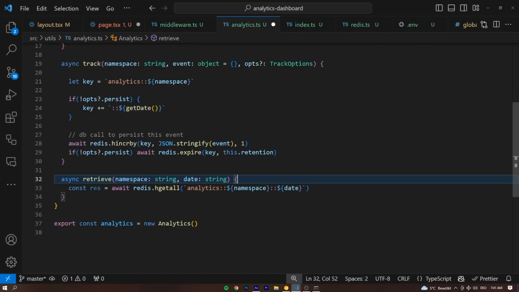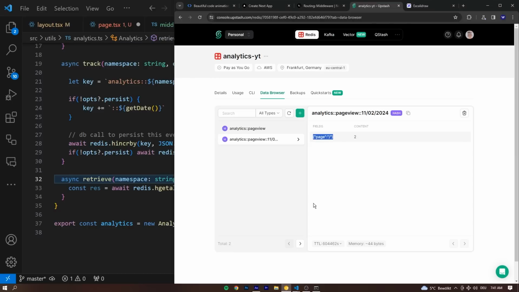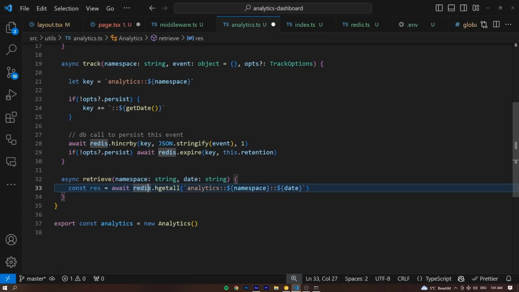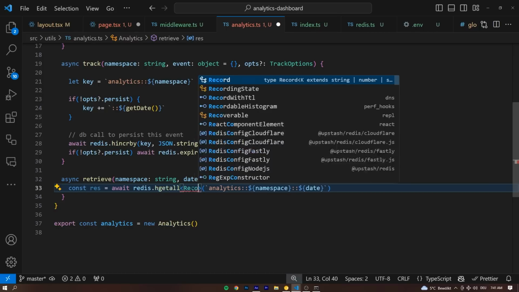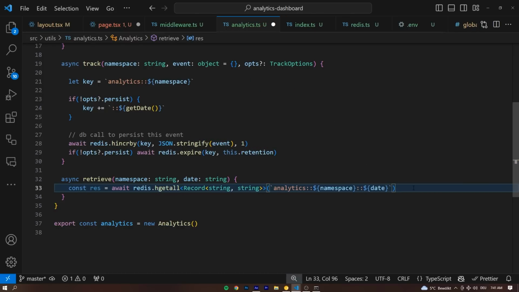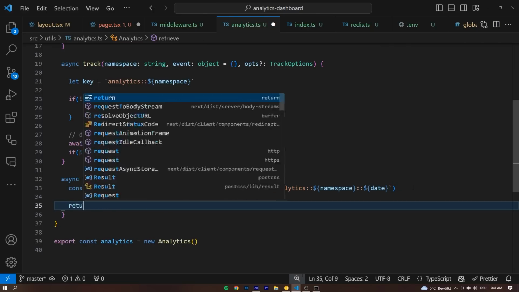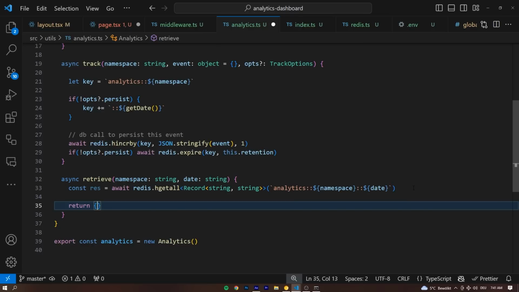And if we take a look at the TypeScript type of the response, we can see it's a string unknown record, basically an object, right? And that's not perfect because we know the type, and this is going to be a string. So we can override it by passing in a generic to the hgetAll. And inside of here, we can say record string string, for example, to get better typing. And now all that's left to do is simply return the data from our retrieve function